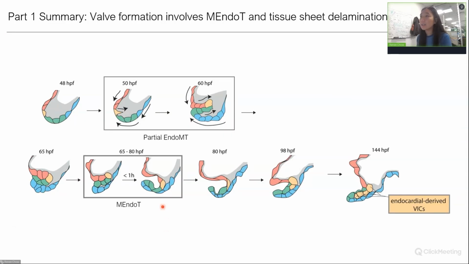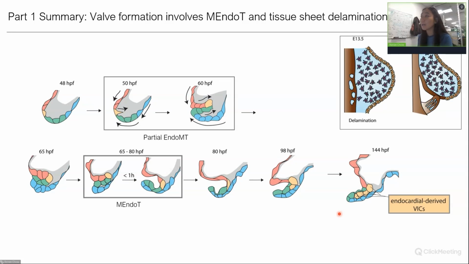So putting it all together, it seems that after the cells migrate into the cardiac jelly, you have this reorganization process. And then this layer of cells separates from this layer of cells to give rise to these two-cell thick valve leaflets. The cells that first send protrusions into the cardiac jelly and then form the base of these valve leaflets, they proliferate and they give rise to this first population of valve interstitial cells. And if we compare this to the mouse, rather than this splitting process happening within the myocardial layer, we have a splitting process happening but between two layers of endocardial-derived cells.